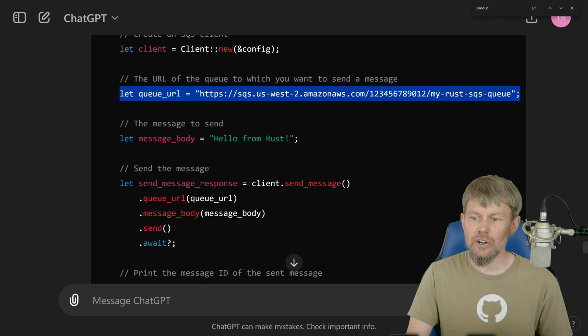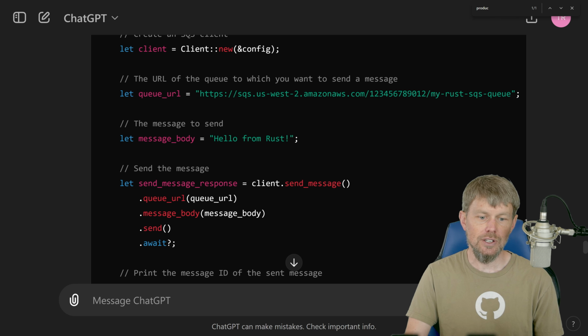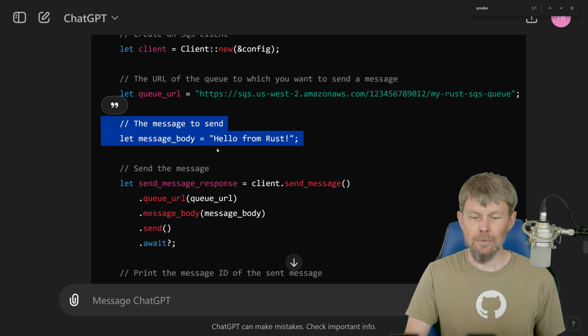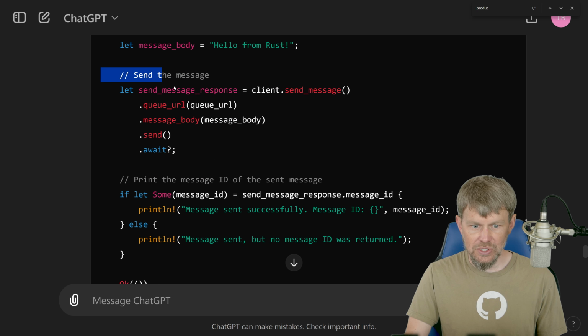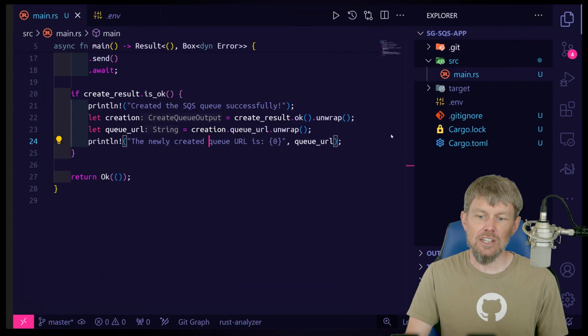It assumes that you already have a queue URL, which we already got by calling the create queue operation. We can define another string slice here, just containing a static string with an input message that we want to send. Then this is the key difference here, right? So we take the SQS client object, and rather than calling create queue, we say send message instead. And then if we take a look at the